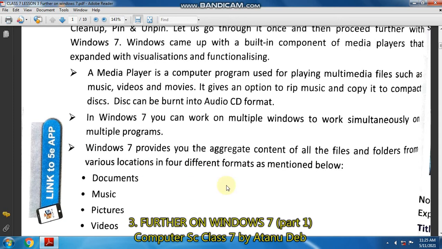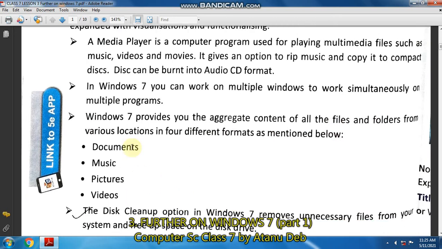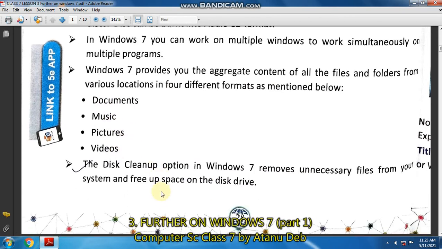It provides the facility of files and folders, and your files and folders can be grouped in these four formats: documents or music or pictures or videos. Then Windows 7 contains a disk cleanup option, which removes unnecessary files from your computer system and frees up your disk